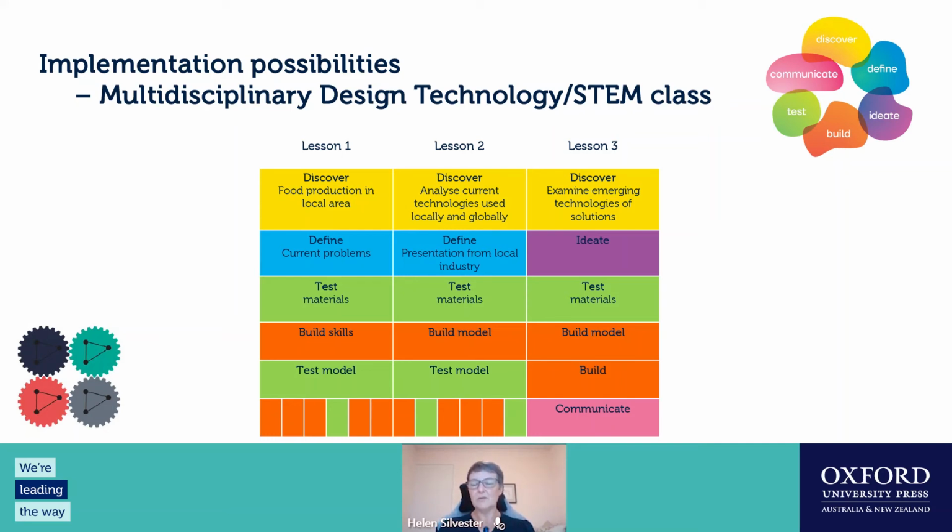You might produce models. You might produce actual real vertical gardens that can be used in the school grounds. And then, of course, the final stage of any design cycle is always the communication, where the students need to present their design process, the different iterations, as they're called, so the different little models or samples that they developed along the way, take photos of them, be able to talk about the different stages. So that's a multidisciplinary model, where you keep your individual curriculum areas, but you try and emphasize that overlap between them.